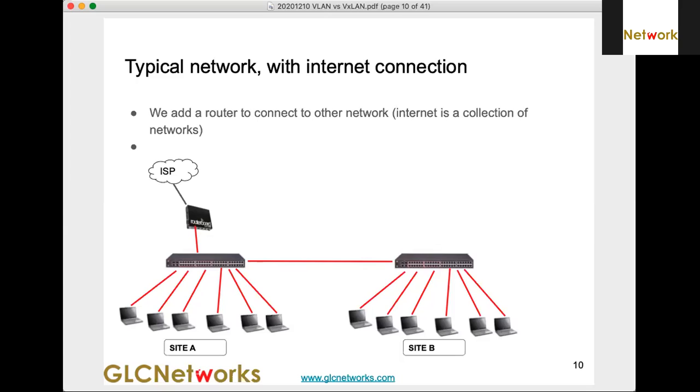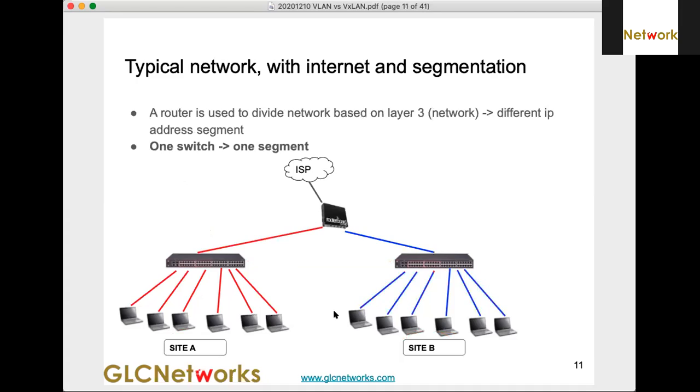So in the beginning, usually people create a network like this. You have one side and the other side, and you use this router here to connect to the internet, right? So it's a very, very simple topology, and it's a topology that most people use in their organization.